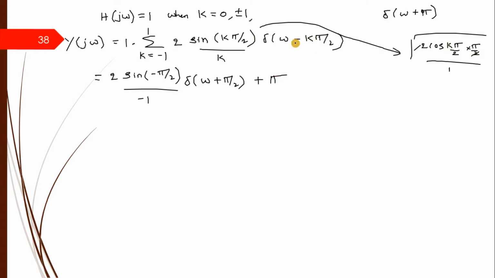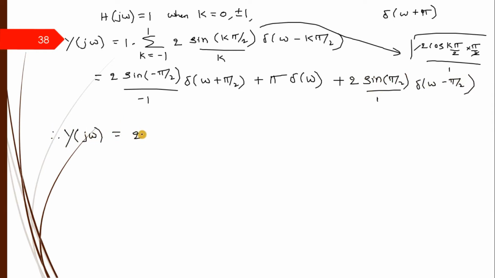Now here if I substitute k is equal to 0, you get delta of omega. So plus, next and last one, k is equal to 1: I substitute 2 sine pi by 2, and you get delta of omega minus pi by 2. So therefore the final equation I'll write as y of j omega is equal to 2 into, so sine